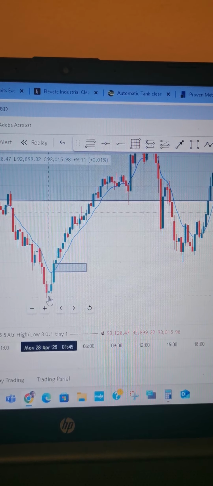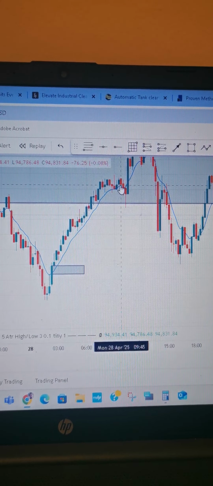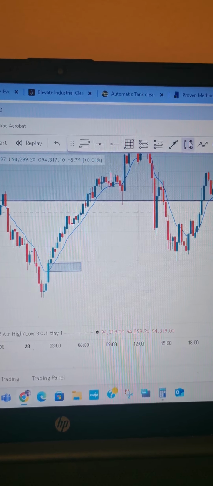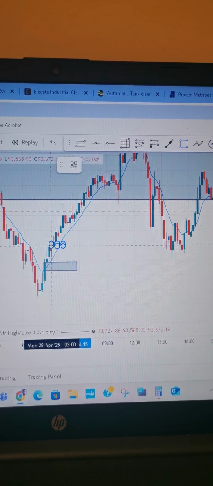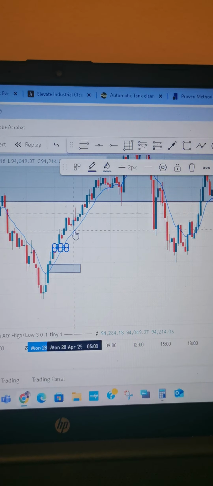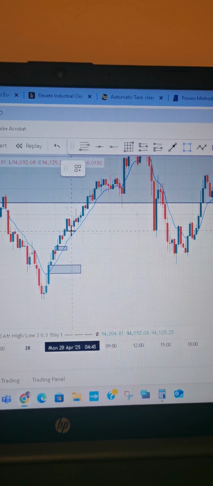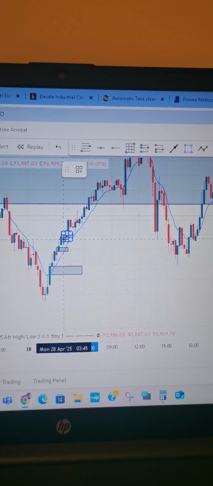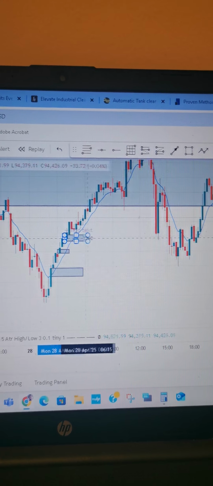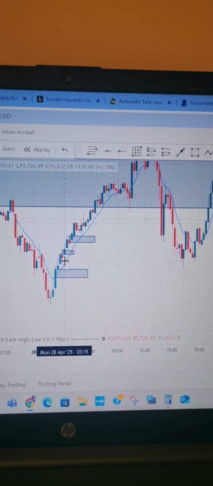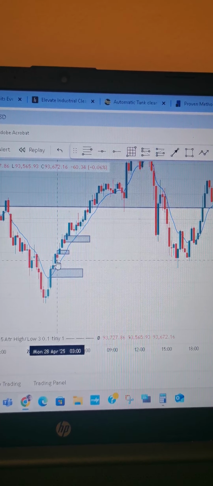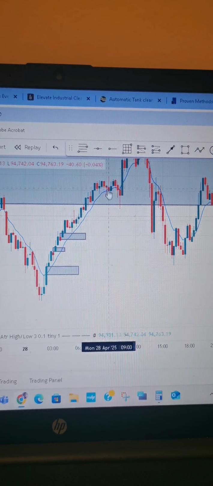And if you just look at this whole move, you'll be able to pick up a few of those. So basically, it's just an indication. It gives you an overview of where the market is heading to. You have quite a few of them, and then whenever you have a retracement, like you have the retracement here with